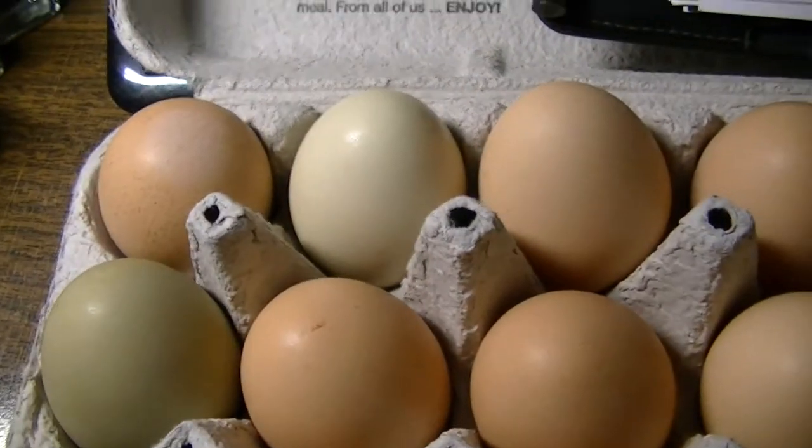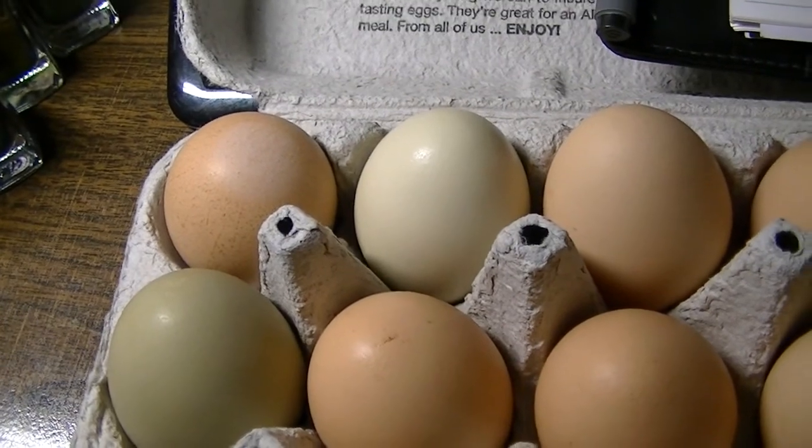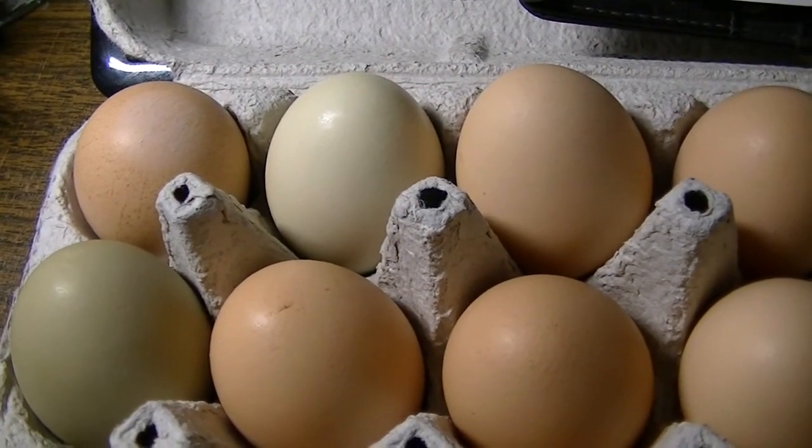We don't have any more blue eggs because the blue eggs were only produced by Nugget, and Nugget has been gone since...